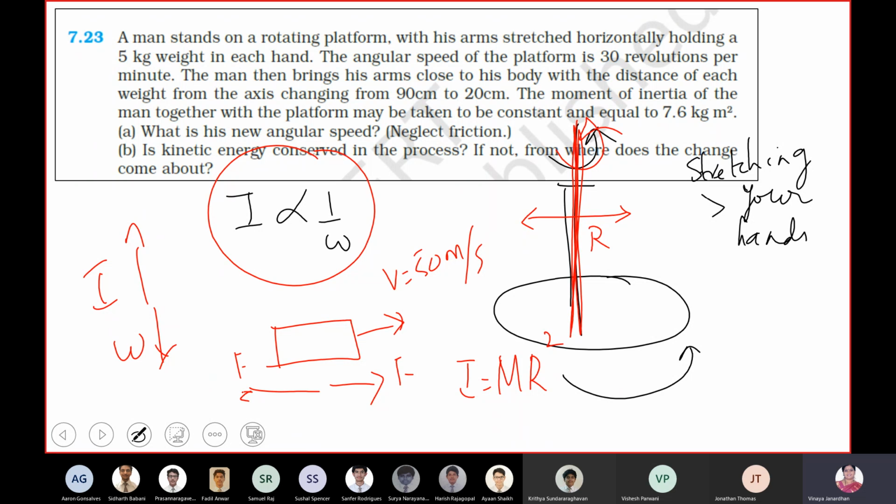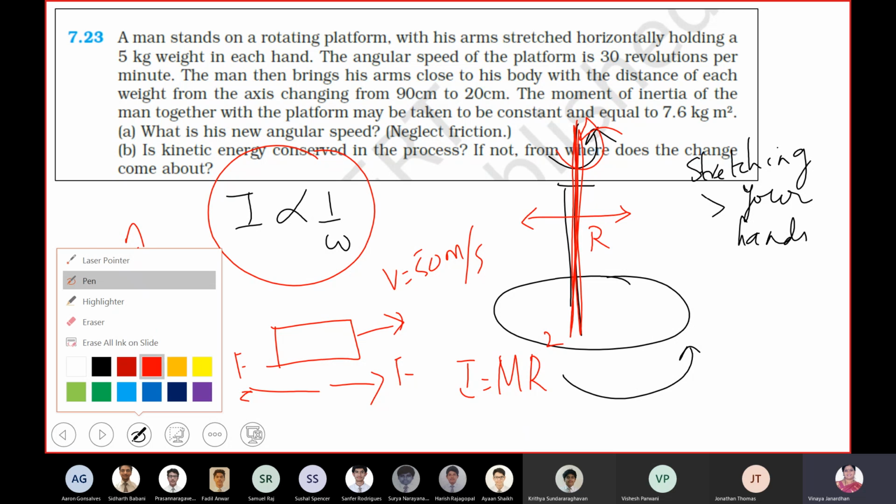Do you understand Newton's first law of motion? What does Newton's first law of motion tell you? Unless and until an unbalanced force acts on a body, the body will continue to move with the same speed. In the same way here, if your external torque is unbalanced,